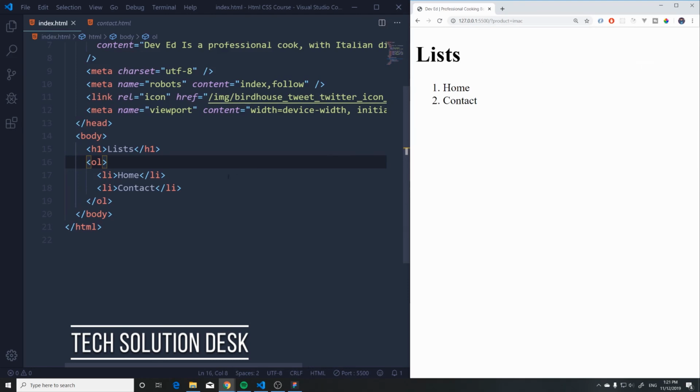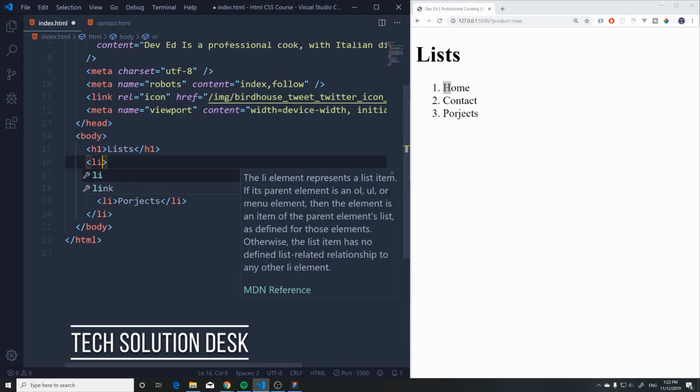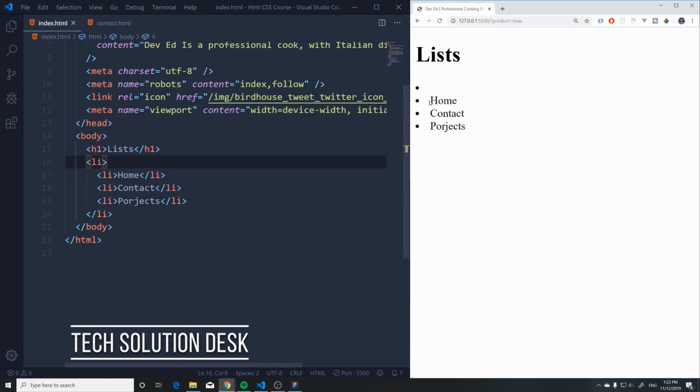So home, contact, you might have projects, LI projects. This is where you're gonna see it most common. Now we're gonna do some CSS magic, of course, and we're gonna get rid of these numbers, or usually what we do is we just use an LI here, and then we're gonna get rid of these. Now I have an empty one here because I accidentally added a list to another list,